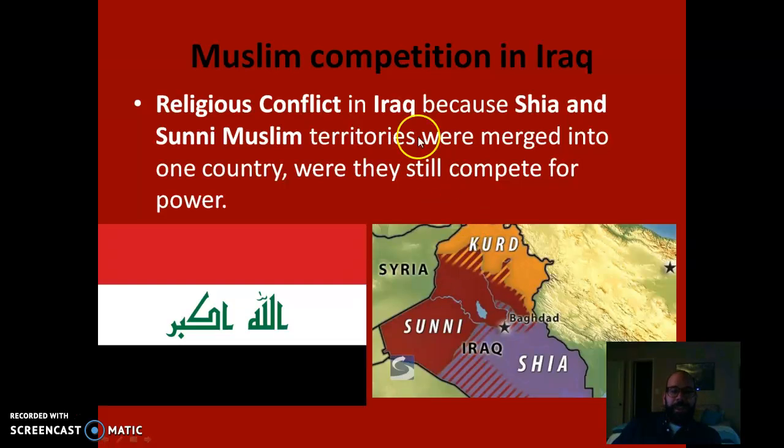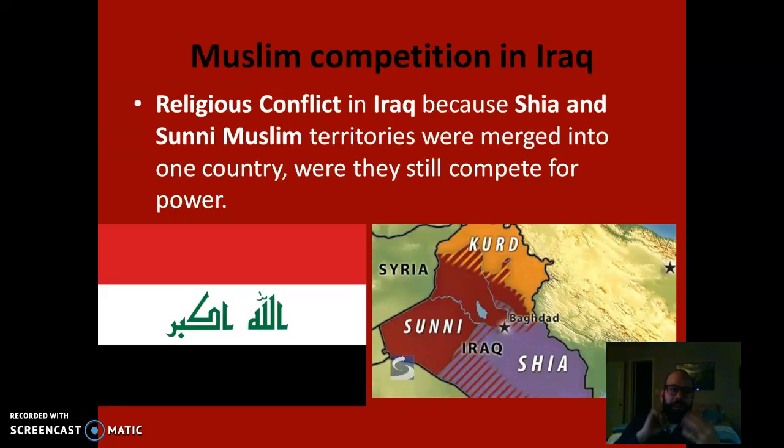All right. And here in Iraq, as you can see, this is the flag of Iraq, and this is a map showing you that a lot of different groups got merged together into one country, right? You have the Kurds in the north, and then you have Sunni and Shia Muslims, who before this didn't really have problems because they had their own land, they had their own rules, but now they got grouped together in Iraq, and